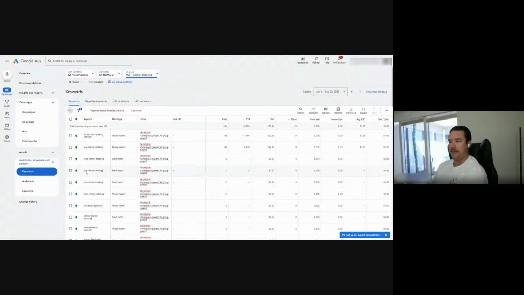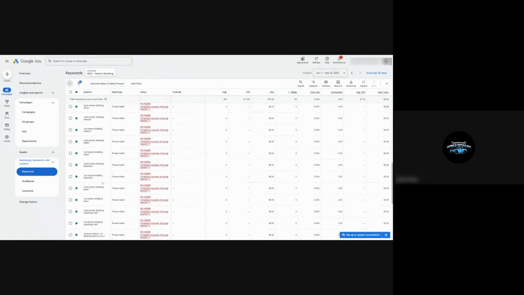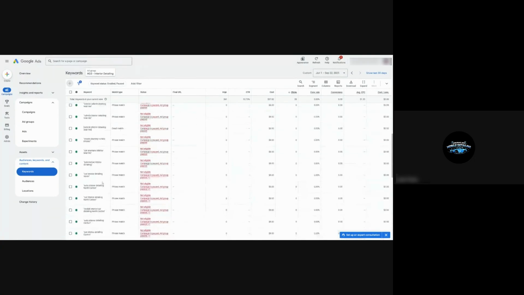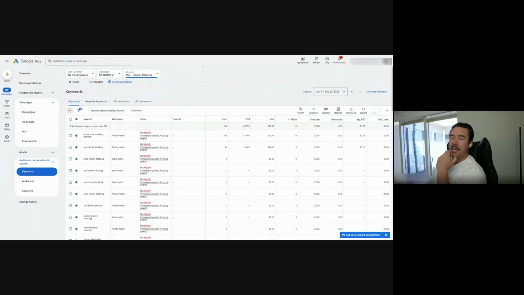Yeah, so you've got the same keyword that's overlapping in both of those, just to be careful with. Got it. But overall, if it says auto and interior, would I just put it in auto or would I just put it in interior? Or I could do either one, but I just want to make sure not to put it in both. Yeah, I mean, if you're going to have a keyword that specifically says interior, I would put it into this ad group for sure.